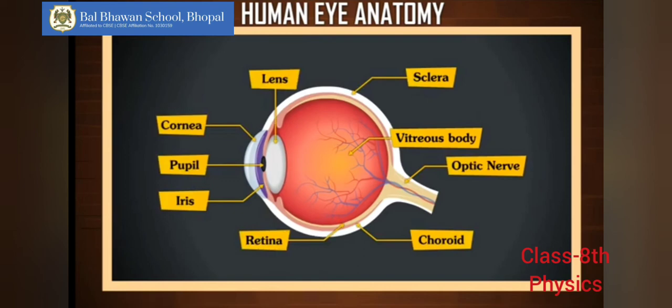Then the back of the eyeball consists of another jelly-like fluid which is called vitreous humor. It is a very thick fluid. It cannot flow out of the eye. When the amount reduces, people get a dryness in the eye during old age.